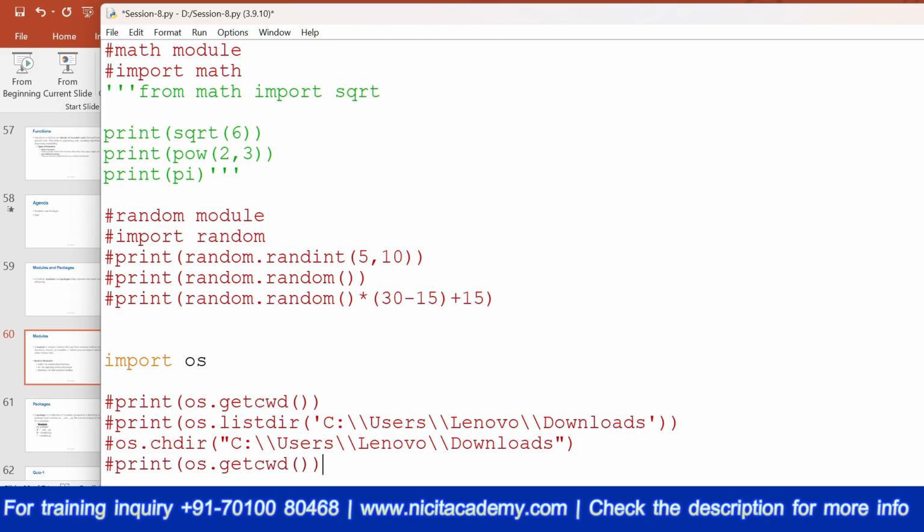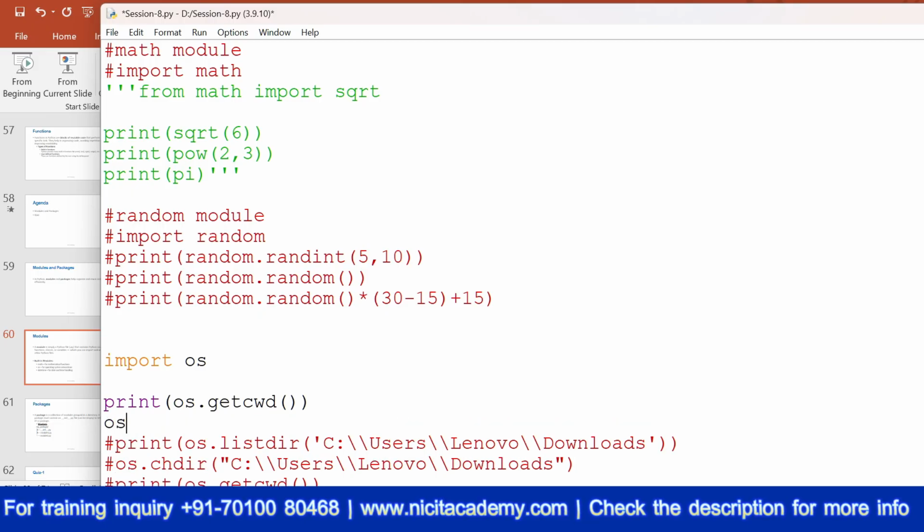Then next, if you want to create a new directory, let's say in my current working directory only, how can I do that? I will write os.mkdir. This is a normal command which we see in the command line prompt. So you have to give a path.